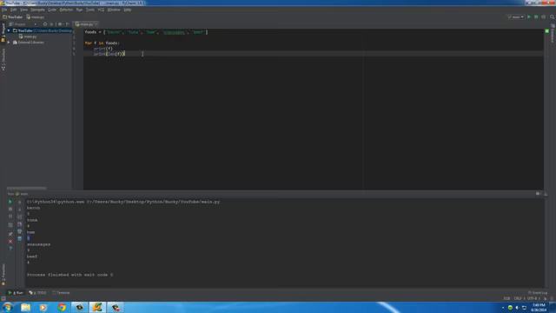Now, the only other thing I want to mention real quick is this. You know how in the last couple tutorials I showed you guys how to slice up a list? Well, you can do the same thing whenever you're looping. So by default, when you say for f in foods, it's going to say, okay, so you want me to go through the entire list, start at the beginning, stop at the end. Well, you can also loop through a slice of that list by putting something like this,